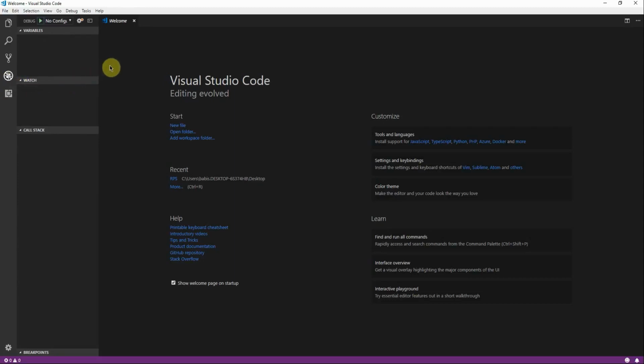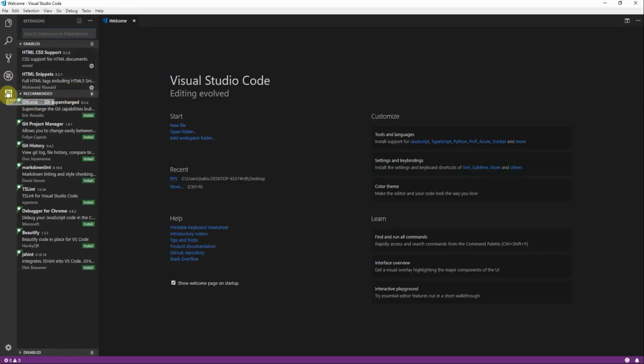Remember that this is not an IDE, this is just an editor, and having such a strong debugger is absolutely great. Just like the source control, we are not going to use the debugger in this project as it's not needed, but you should definitely give it a try. It's very useful. Finally, we have extensions, which are basically